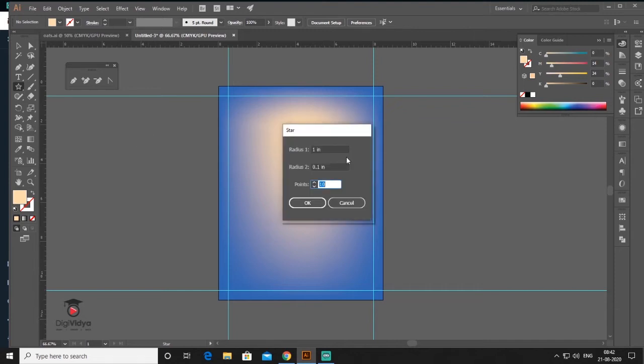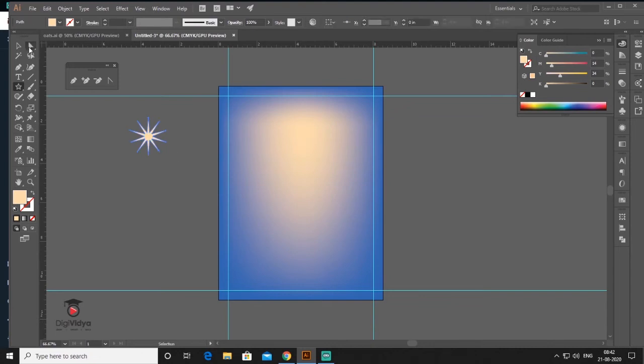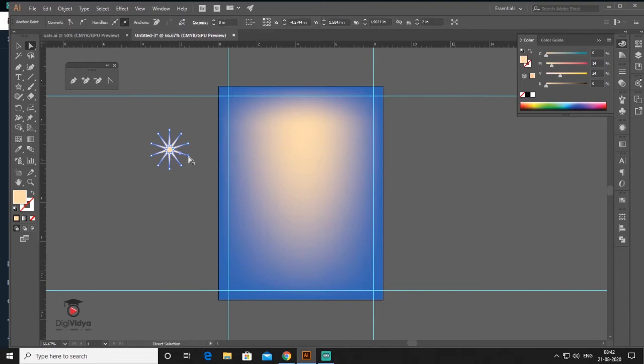I just click on it. My first radius will be 1 inch and second will be 0.2 inch and I need 10 sides, I mean 10 points. So here, and I individually edit and manipulate the nodes, I mean anchor point,